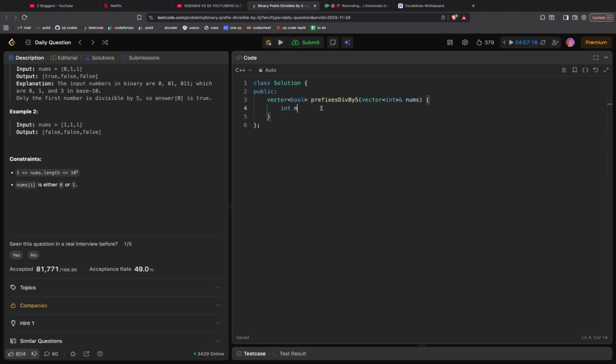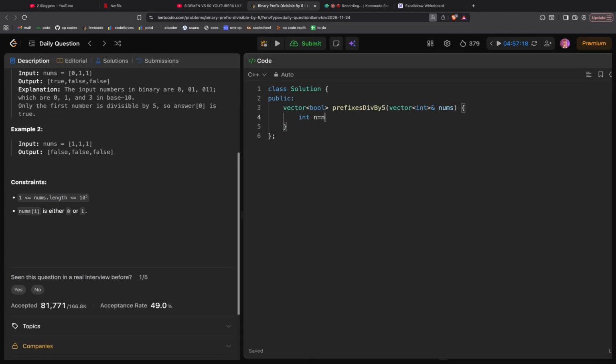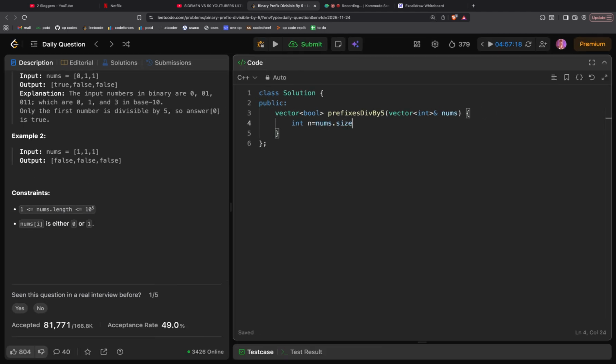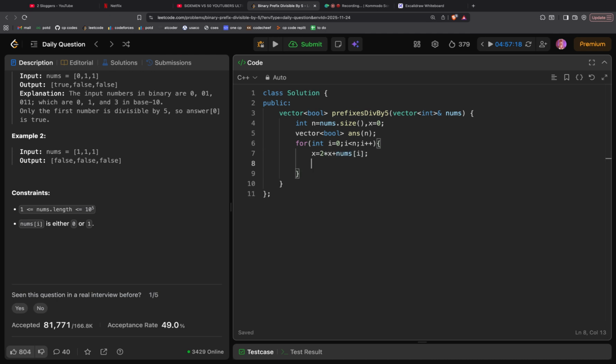What we need to do is just create this. Okay. And then n equals nums dot size. We'll create our x, which is just the current value. We'll create an answer boolean array of size n. We'll go i equals 0, i less than n, i plus plus. Now our x would become, as we saw, 2 times x plus nums[i], and this operation we can do modulo 5 only. So this mod 5,